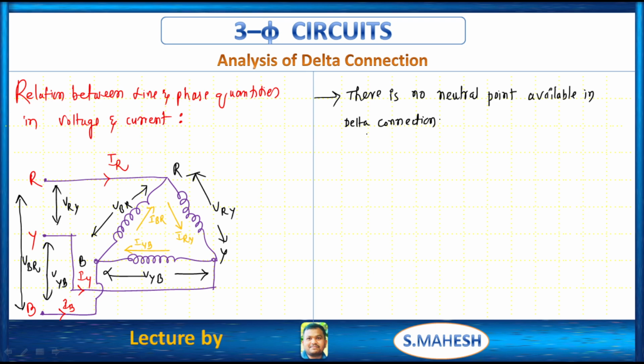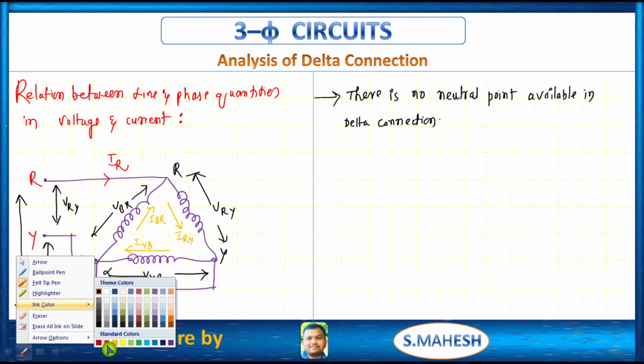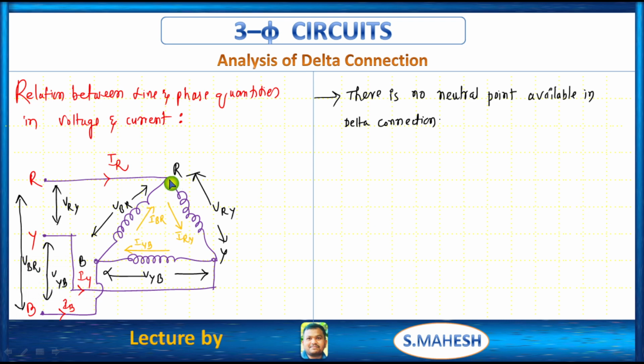There is no neutral point available in delta connection. So by inspection we can say that the voltage which is present between these 2 points is nothing but phase voltage. The voltage which is present between these two lines is nothing but line voltage. See,